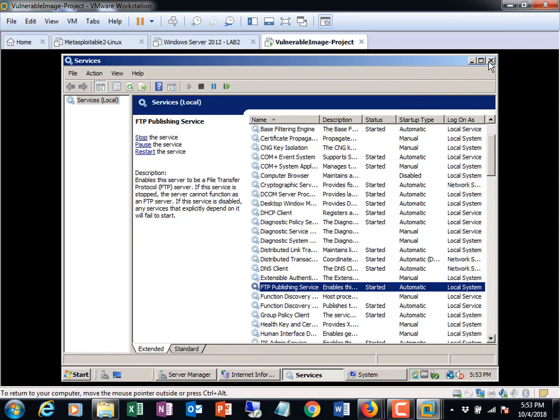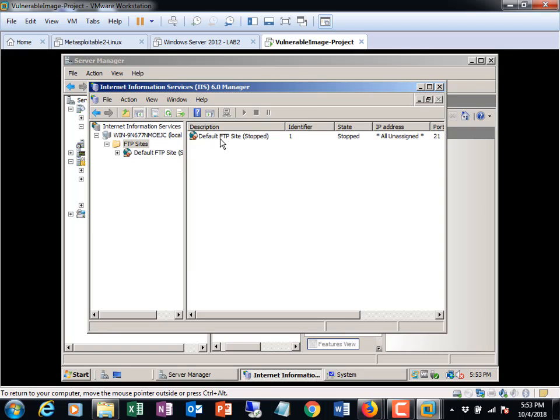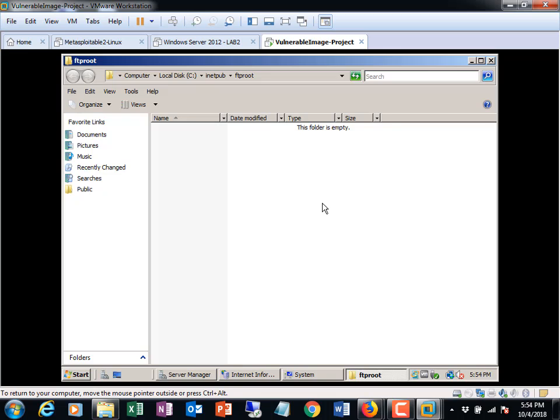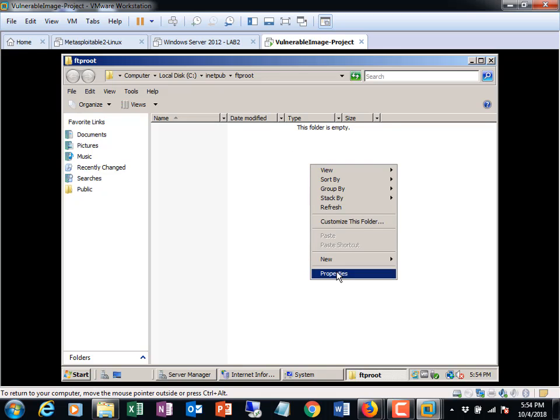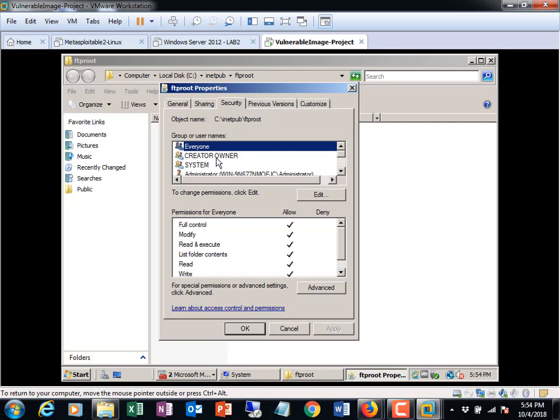Now it's started. Now I should be able to refresh it. There. Now it's running. So now under the default FTP site, I can go in here and browse or open. There's the folder. If I look at the properties of the folder, you can see that I've already given different users